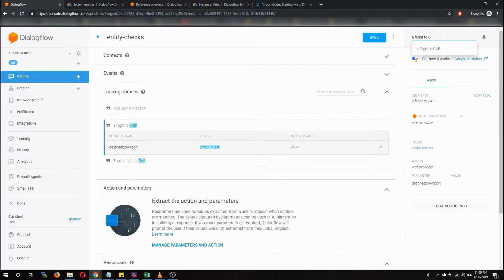A flight to DAR. Yes. With DAR, it picked destination airport, as the city is Dar es Salaam, and